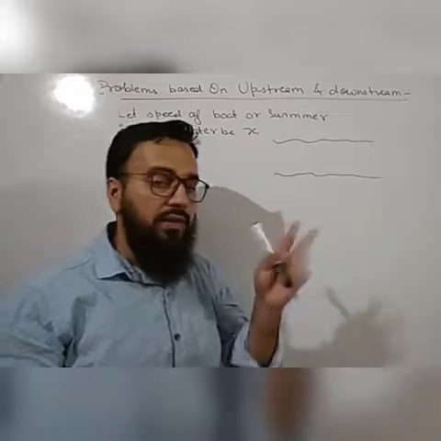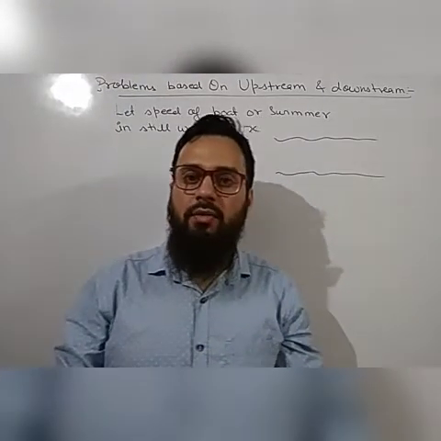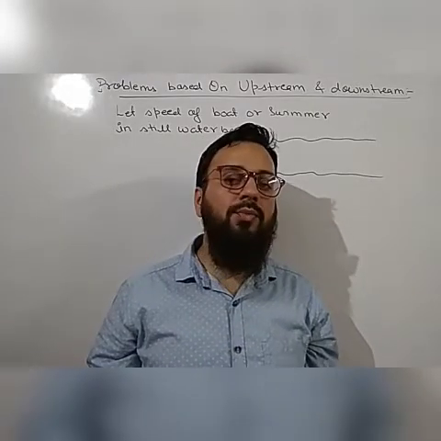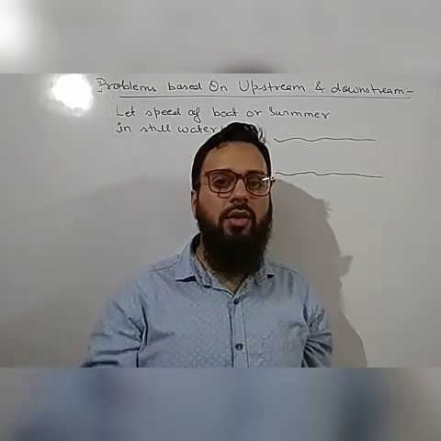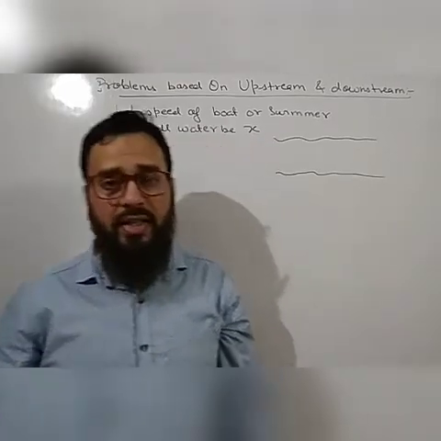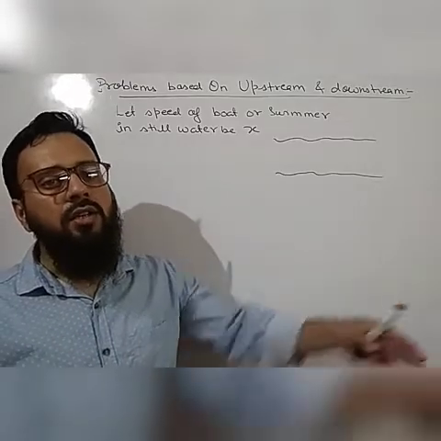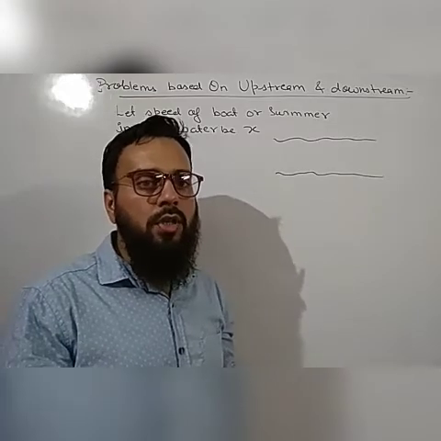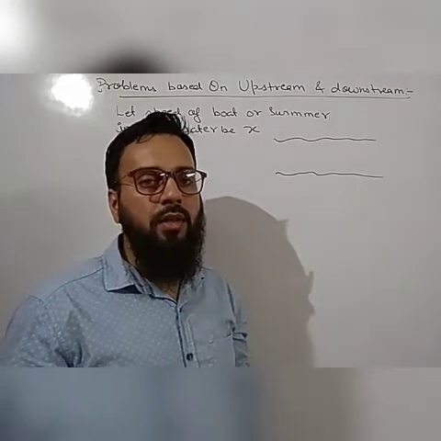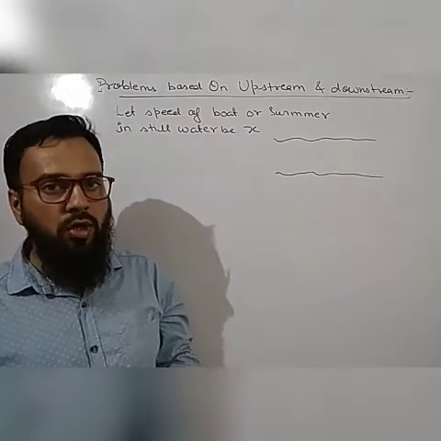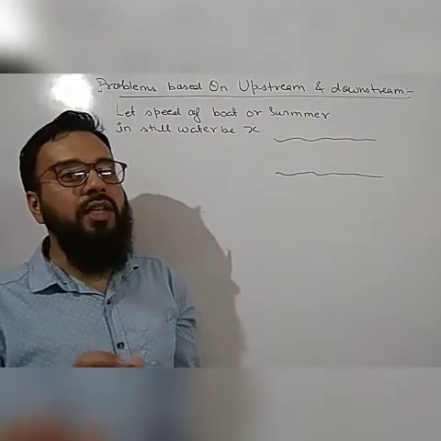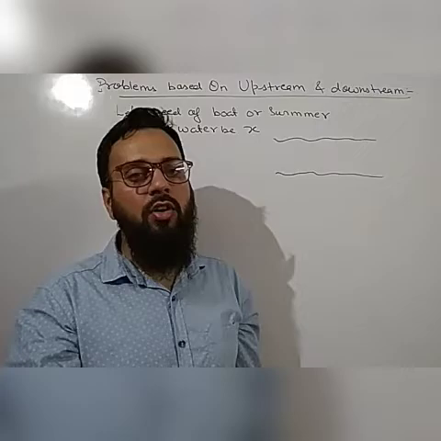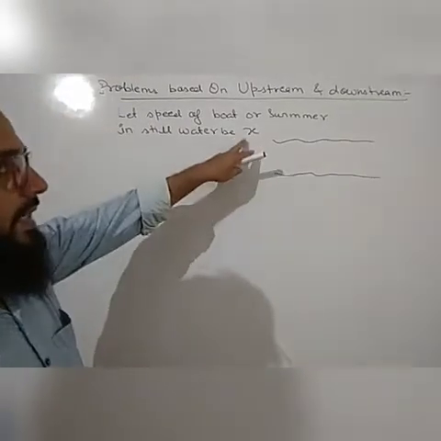Okay. And one more thing, when the river is stationary, when there is no direction of flow, then if any swimmer or any boat travels across the river, it will move in whichever direction it wants to move, because water is not moving. So water will neither oppose nor support the motion. There will be no effect of the speed of water on the speed of the swimmer or the boat. It means the speed will be exactly x.